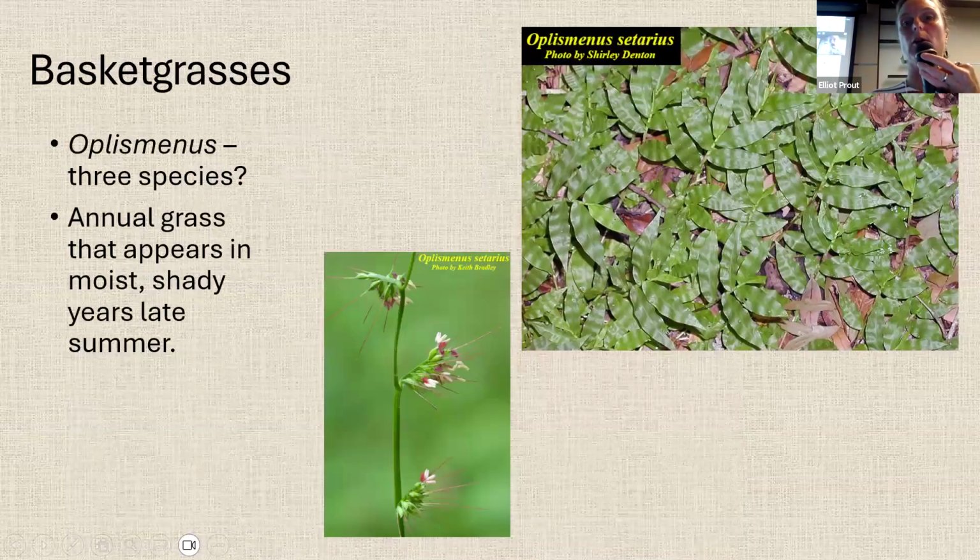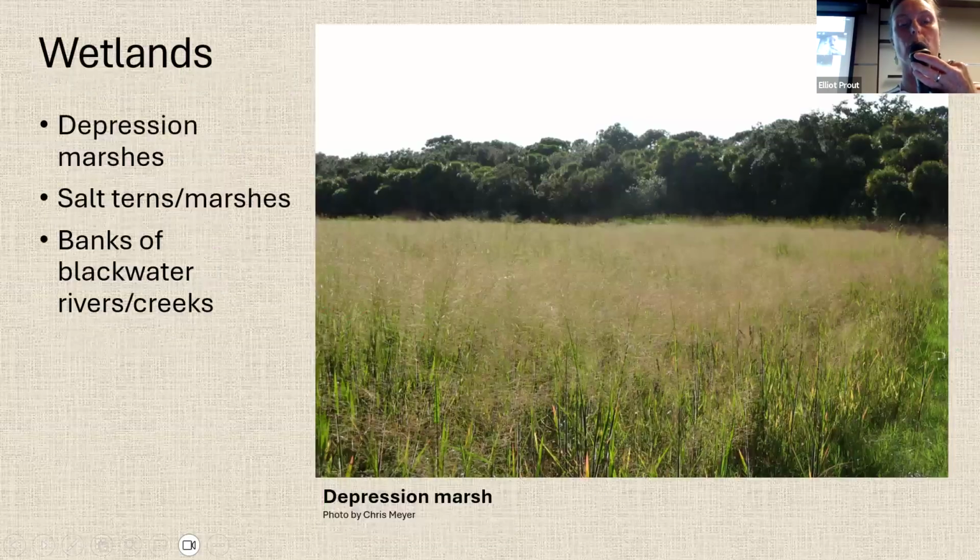And the basket grass, I included this one because you're probably going to see this one this time of year. It's an annual grass and it comes up in areas that are wet and shady. If this was a perennial grass, I'm sure it would be in the trade. Everyone's always looking for grasses to cover up their shaded areas, and this would be a great one if it was perennial. But this is another great example of what an awn looks like. You can see the awn coming off of the spikelets. Okay, so of course in wetlands,